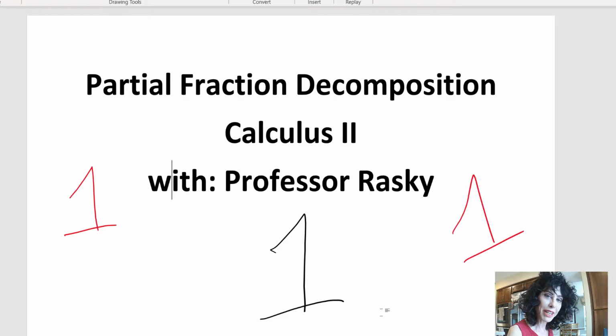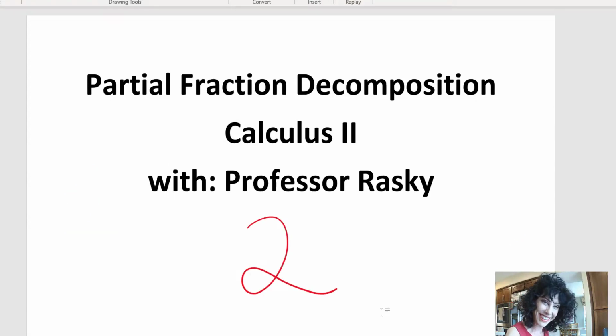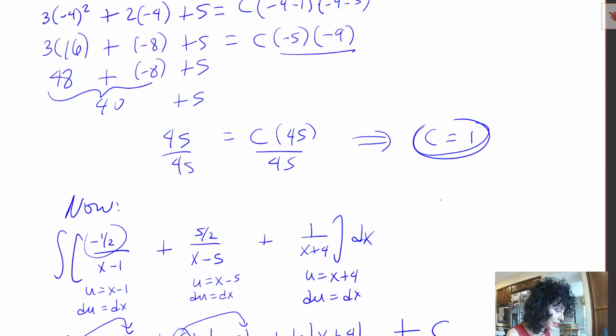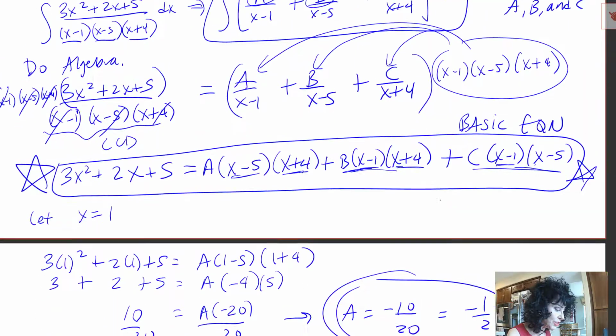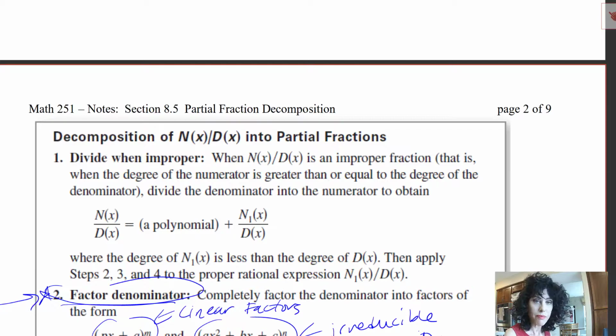Well, welcome back to partial fraction decomposition, except this time we're going to be doing part 2. So we'll hopefully get through a couple more examples using the linear factors. So as you recall from last time, there's a little procedure up here that you look at the integrand and